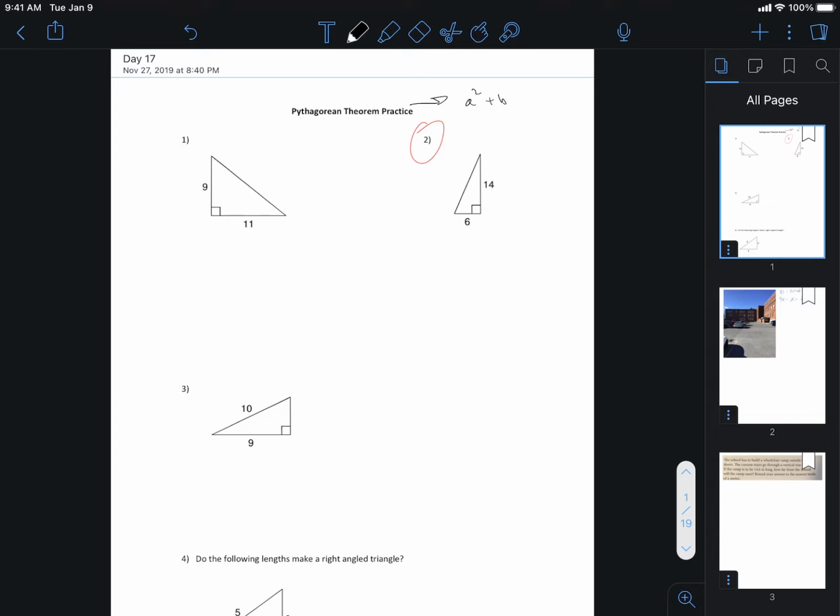a squared plus b squared equals c squared, okay? Which basically says the square of one side length plus the square of a next side length has to equal what we called,